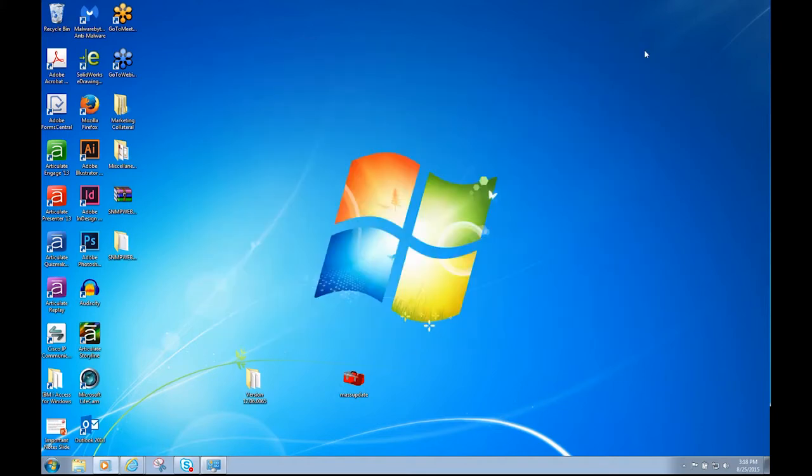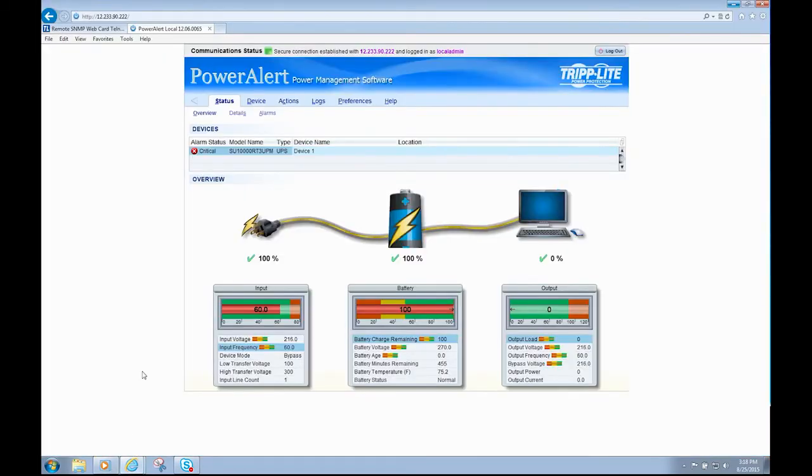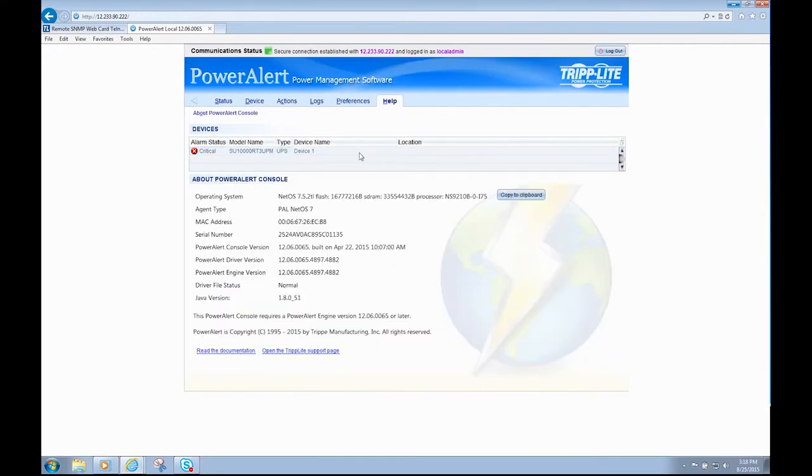After you've cleared your Java cache, open up a web browser. Then go to the IP address of the SNMP web card and log in. After you log in, go into the Help section of Power Alert and confirm that you're running the latest firmware version. In this case, you can see that the SNMP web card is now running version 12.06.0065, so you know that the